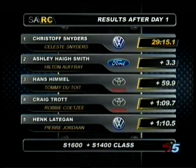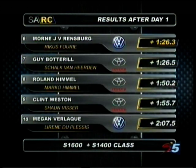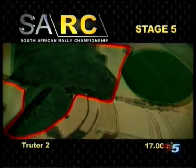At the end of day 1, Christoph Snijders leads Ashley Haig-Smith by just over 3 seconds, almost a minute of the pace. Hans Himmel from Namibia ahead of Craig Trott, and Henk Latergan, an amazing 5th overall. Orna Janssen van Rensburg ahead of Guy Bottrell, a close battle there between the two of them. Roland Himmel, Clint Weston and Megan Verlaak in 10th. Day 2 now, we go to